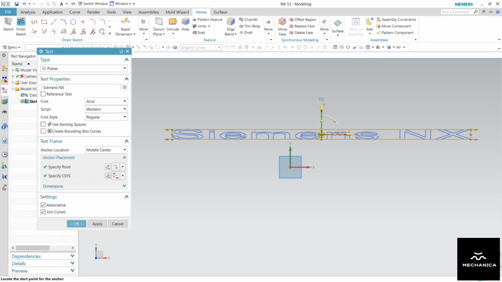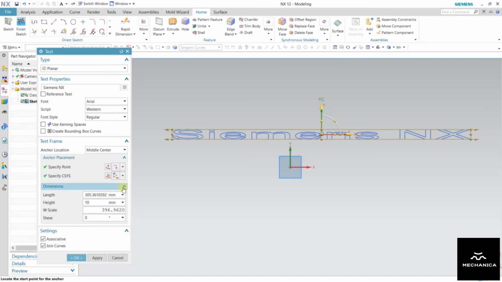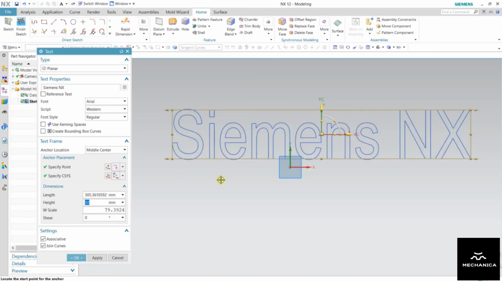Now inside this text I go to the arrow of dimensions. Inside this dimension I can specify some value for the length, height, scale, and shear angle. This length is complete angle. For the height, let's say I select the value 50, and now we can have a better preview of the text.